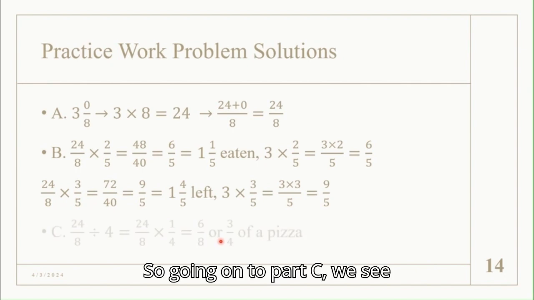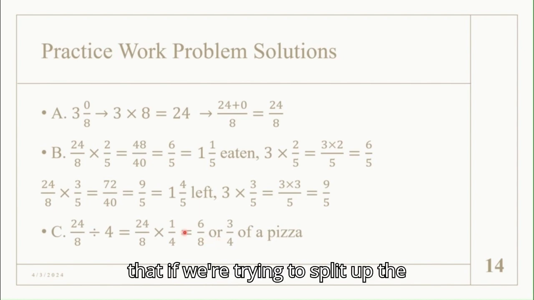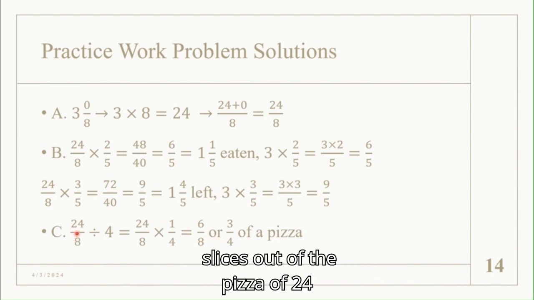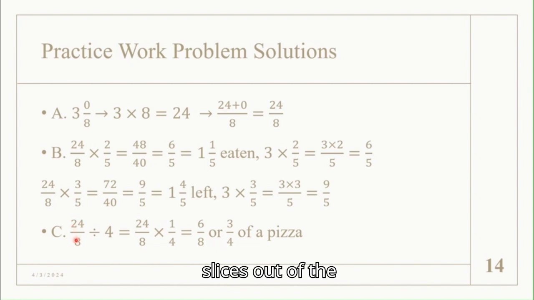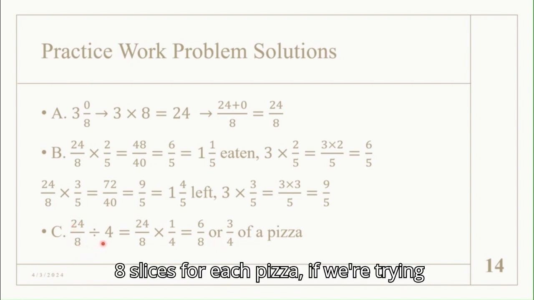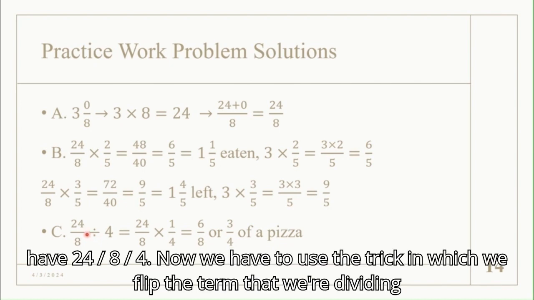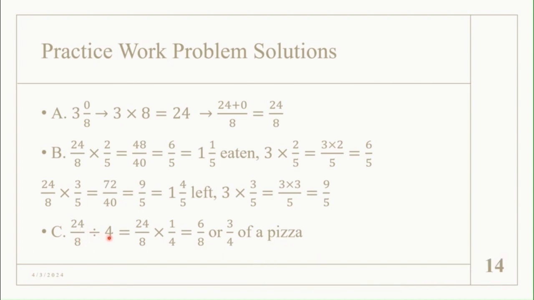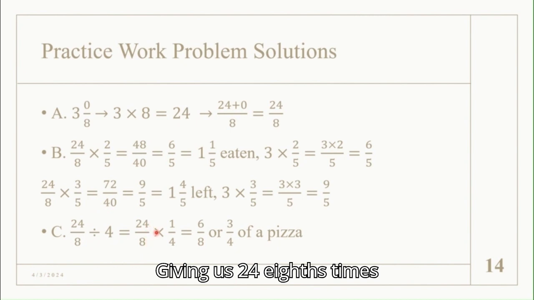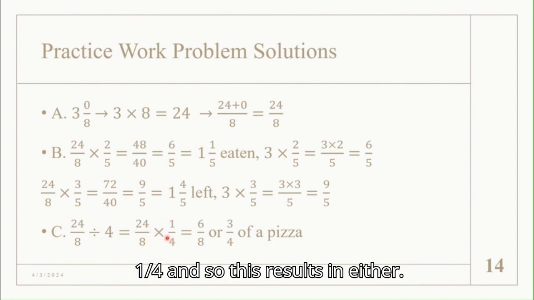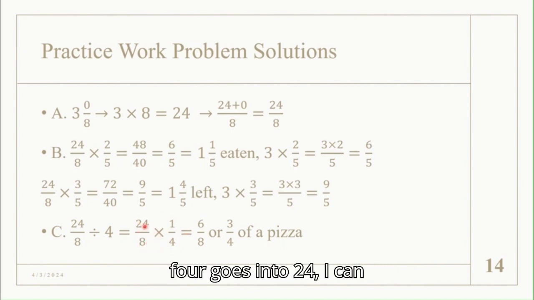So going on to part C, we see that if we're trying to split up the pizza, 24 slices out of the 8 slices for each pizza, if we're trying to evenly split it amongst us 4, or you 4, including your group of friends, you have 24 divided by 8 divided by 4. Now we have to use the trick in which we flip the term that we're dividing by, giving us 24/8 times 1/4. And so this results in either 24 32nds, or since I know that 4 goes into 24,